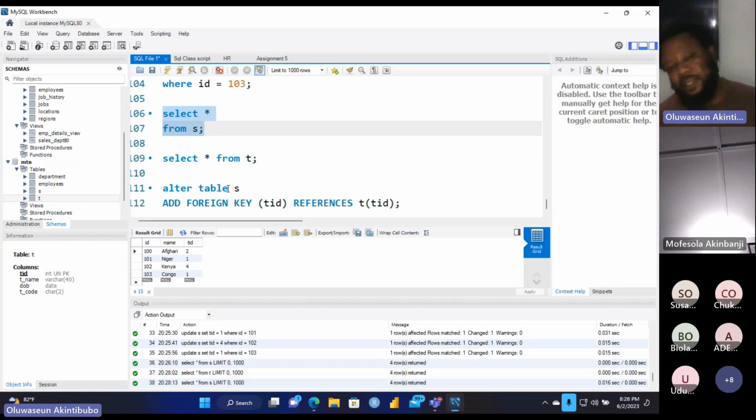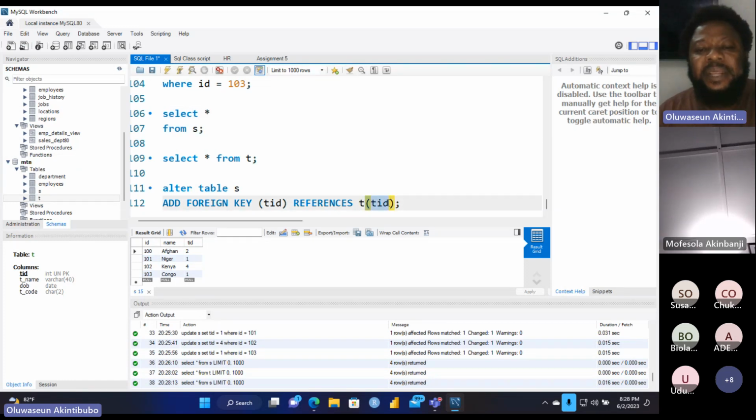So you must know the link like that. You don't just add primary key, you don't just add foreign key. You must know where the column is coming from and where it is going to. On this table, T is the parent table for TID. On S, it is the child column, right? So it means that TID that is referenced in table S is coming from table T, right? If we run this,